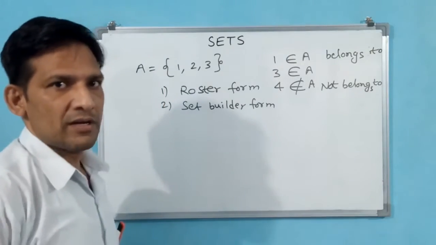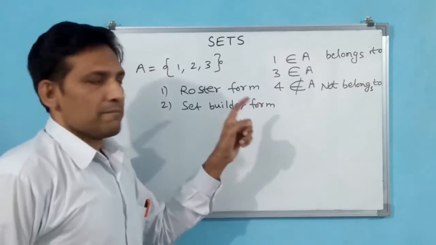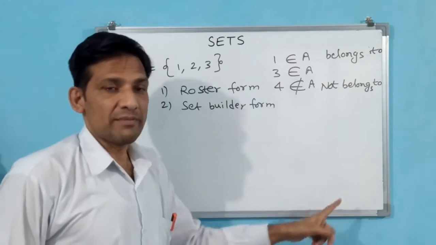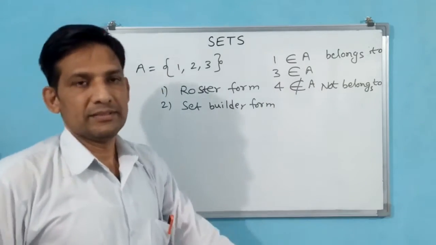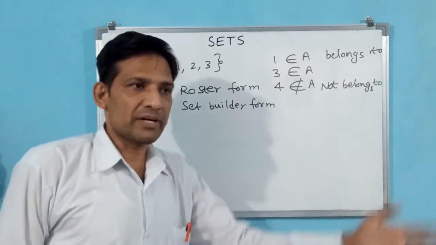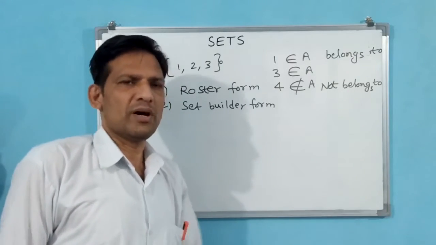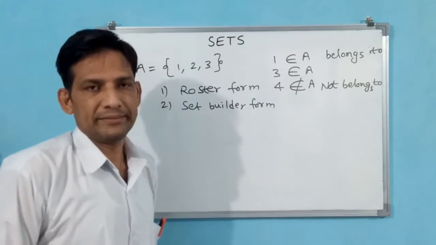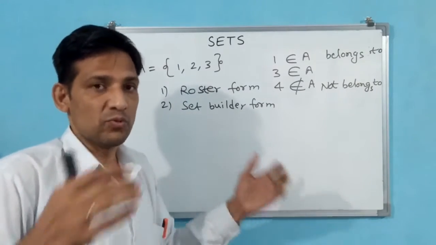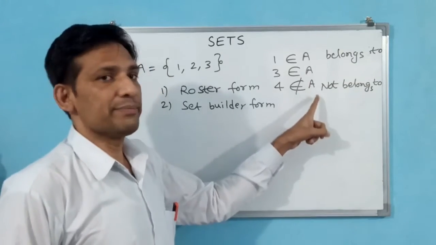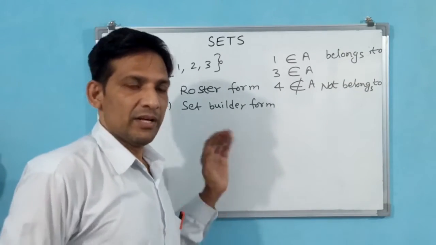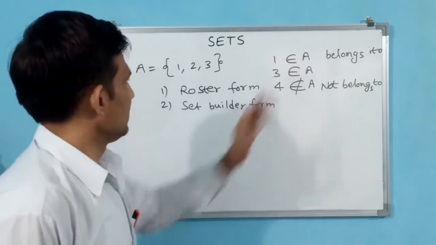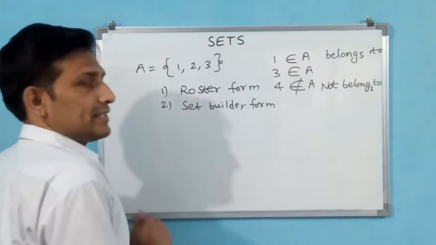We go further. We should not write that A belongs to 1. Why? Because 1 belongs to A. A boy belongs to some class, which belongs to some school, or even some boys belong to the school. Not class belongs to boy. Here class is big, school is bigger. Like that, the set is bigger, elements are smaller. Elements belong to the set. That is the theory behind that one.